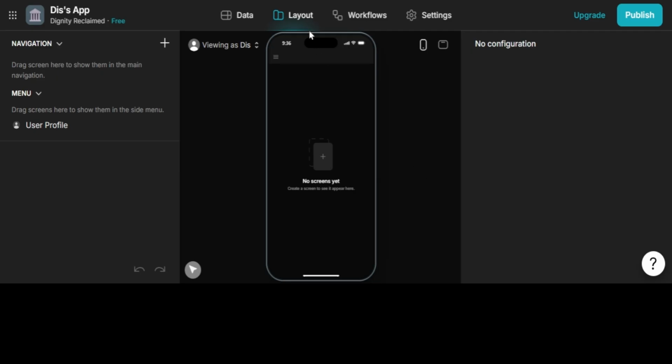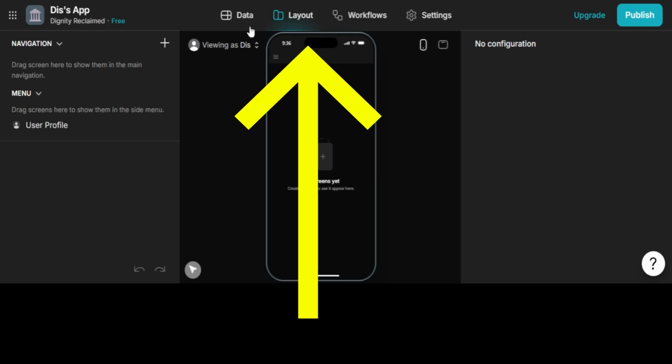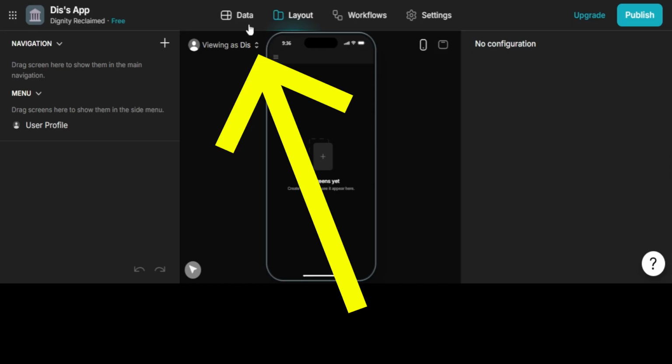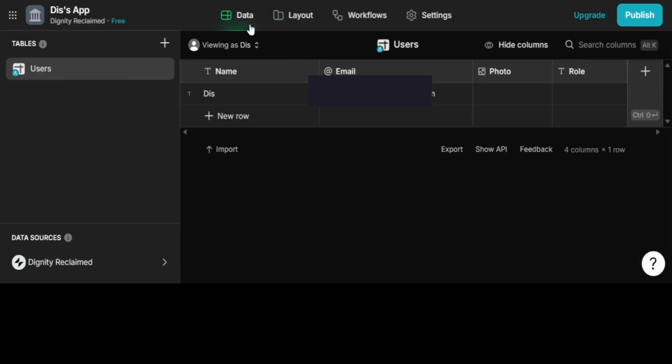You will be in the Layout tab. Select the Data tab to see the table that will populate the app. The app begins with a user's table. For the purposes of this demonstration, this is the only table that will be used. But this is not the intended use of the table. Glide has documentation for this. It's being used here because it's the easiest way to get this done, and it's assumed this is for personal